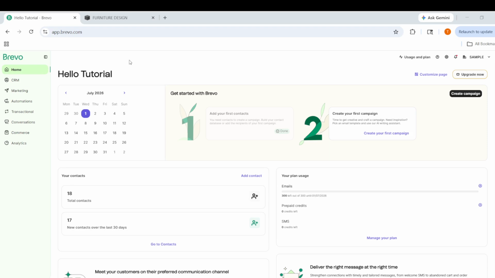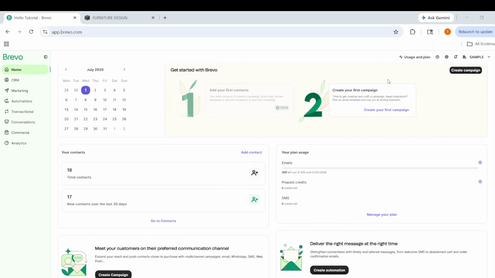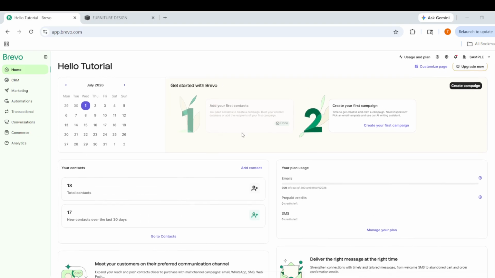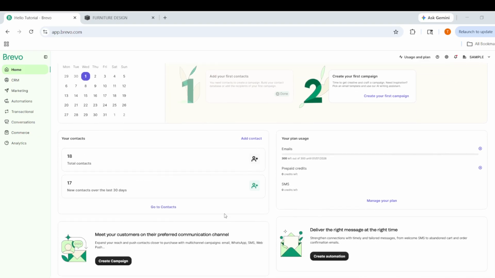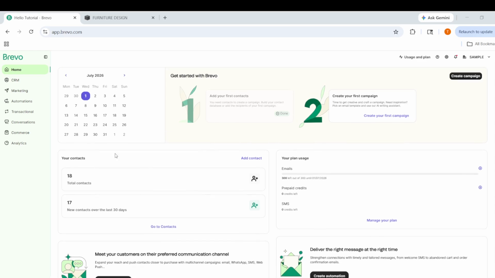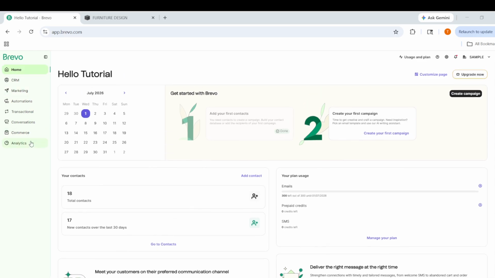In today's video, I am going to teach you how to connect your forms to Brevo. To get started, you first need access to your Brevo account. Open your web browser, go to the Brevo website, and log in using your usual credentials. Take a moment to confirm you are logged in successfully, because everything that follows depends on being inside your account